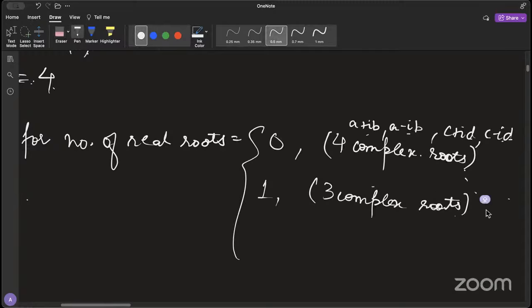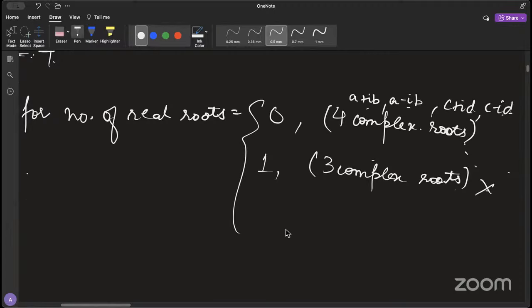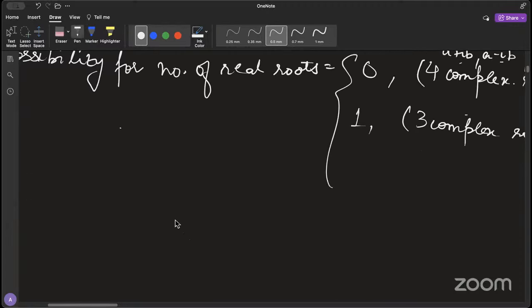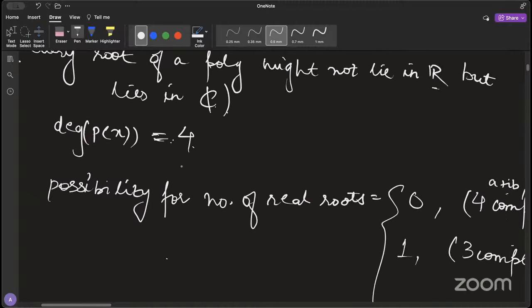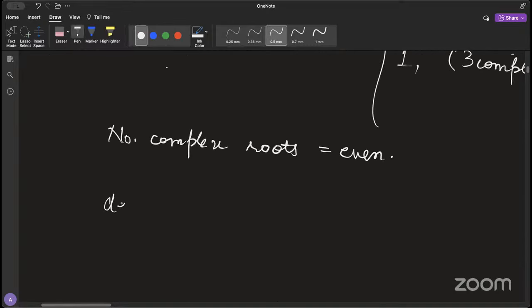So if we have to generalize this, this would mean the number of complex roots is always even, right? Because they appear in conjugate pairs. So the number of complex roots should always be even. So if you have degree 4, then 2 roots can be complex, 4 roots can be complex, or 0 roots can be complex, right? Now, if you have degree, let's say 5, if the degree of p(x) is 5, then